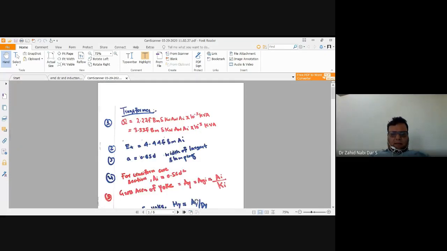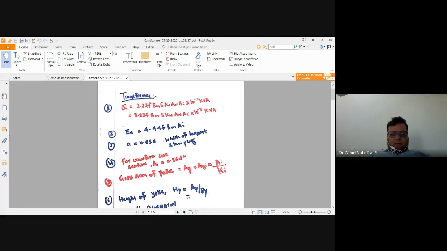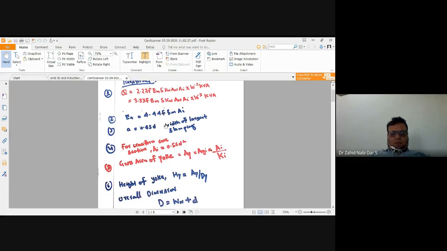Again, your transformer equation was this, 2.2. It came from E into I in 10 power minus 3 kVA. Then E was written in terms of 4.44 f Bm Ai, and then the values were substituted for Bm and Ai, and similarly for other values such as Aw and rho. We derived all these in the classroom. Remember this formula, this one for single phase and this for three phase.